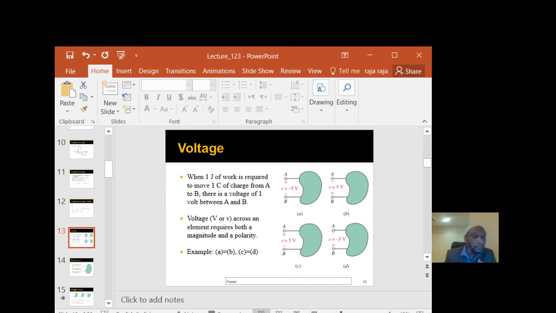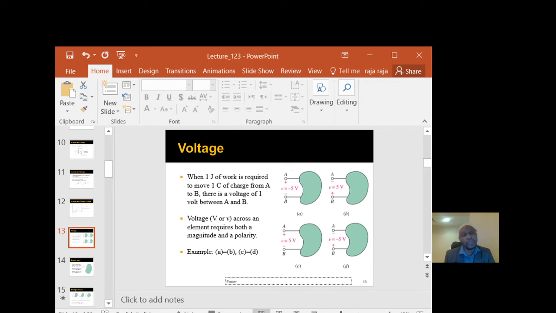According to the concept of voltage, the voltage across an element requires both a magnitude and a polarity, so you have to compare both. So in this case these two figures are the same. Okay, now the question: for example, in figure A, I remove the minus, but I keep the rest of the things the same. In this case, is it the same? No, it is not the same, because terminals A and B have different signs. But for the earlier case, the two are the same.